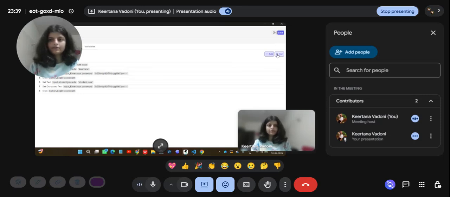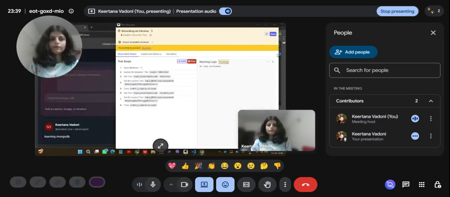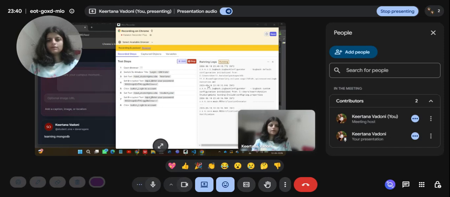And then it will be recording whatever I'm going to type there. So after typing, after I click the run button, it will be automatically running there. After running a little bit, loading will be there. It will run when I click run, and it will show us the result whether it is passed or failed.